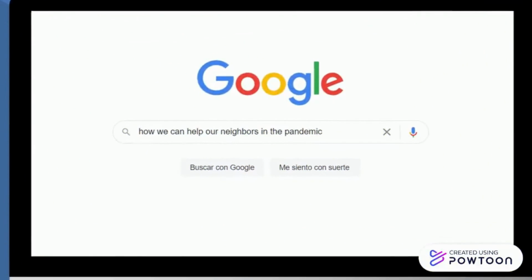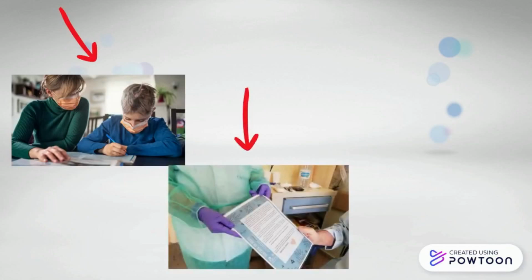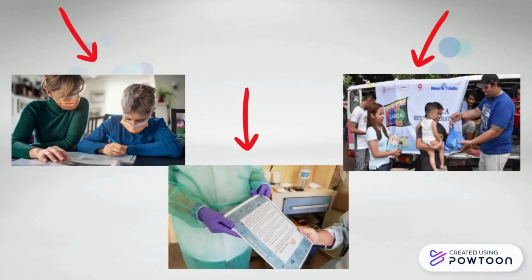Hi everyone, I'm going to talk about the objectives and introduction. First, objectives. Help the elderly and people who need it most. Develop activities for the benefit of your community, supporting biosecurity standards and making sure everyone does it for everyone's benefit. Take care of the health of the most vulnerable people and support their basic needs.